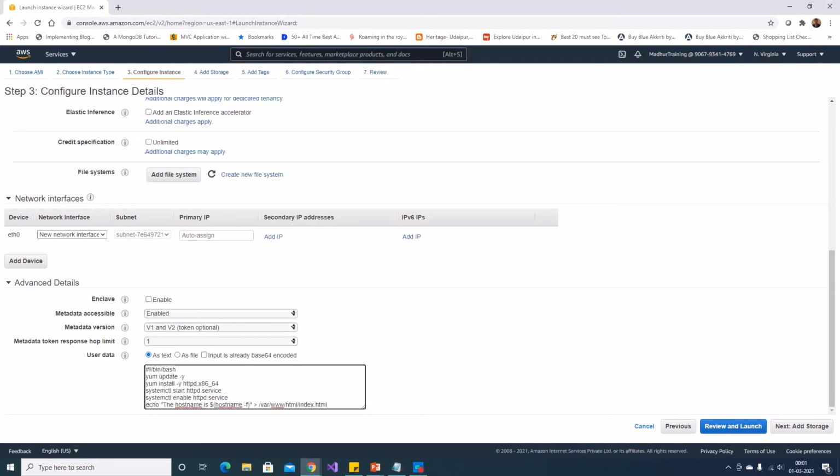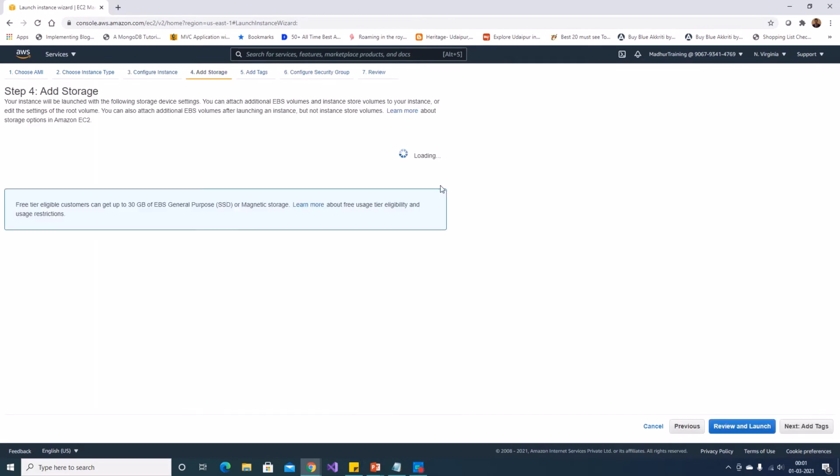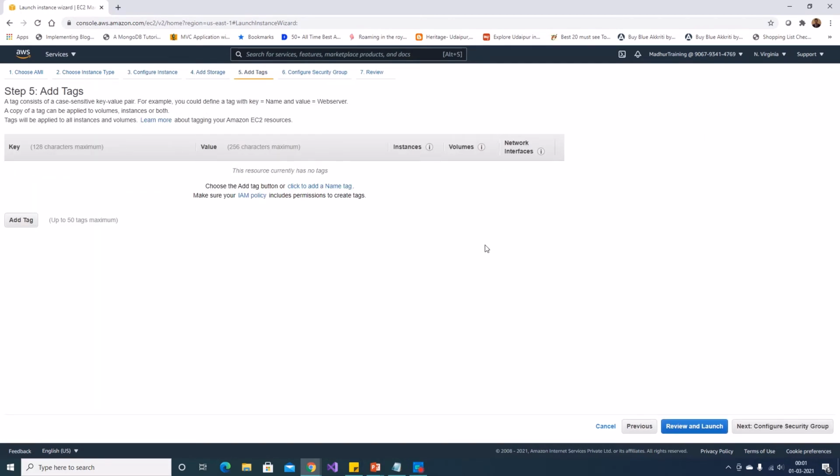So what this code is doing is it is just updating the packages and installing the Apache server, and we are just creating a file which is just going to print out the host name when we visit that website. So keep the storage as default,